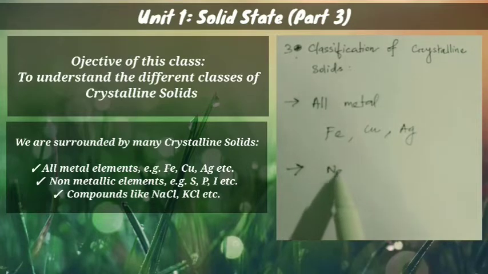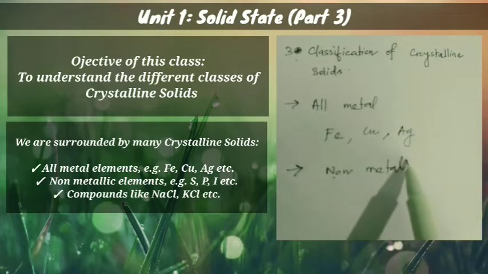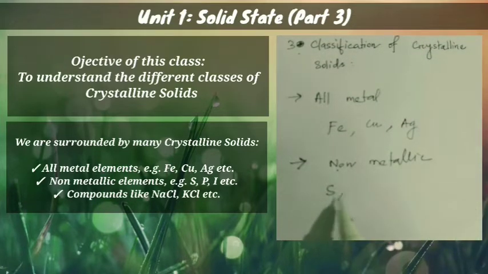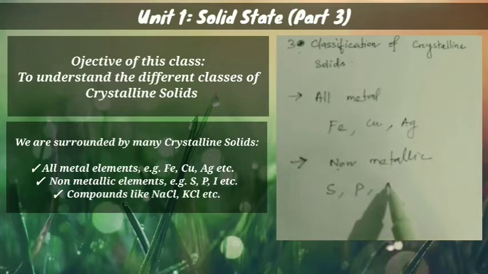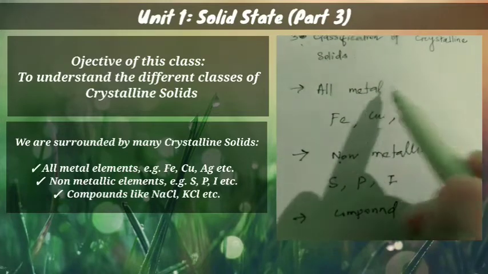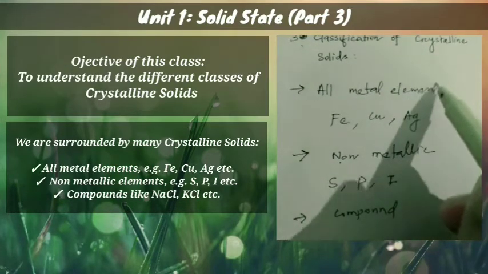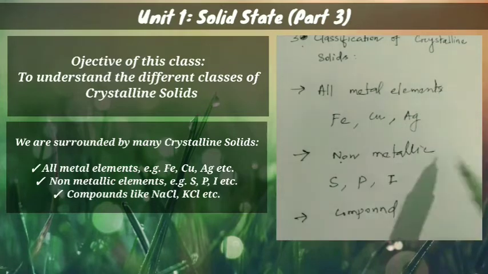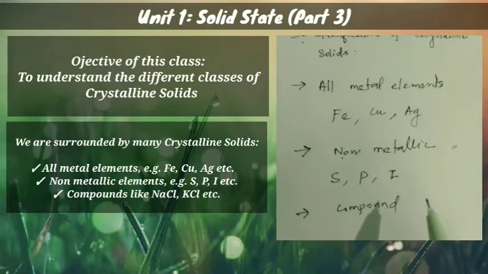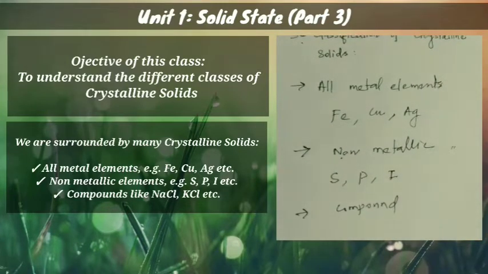Non-metallic elements are also there, like sulfur, phosphorus, iodine, and compounds like some salts. So these are elements, all metal elements. But in the case of compounds also, like sodium chloride, zinc sulfide, ammonium chloride, naphthalene, potassium chloride, there are many